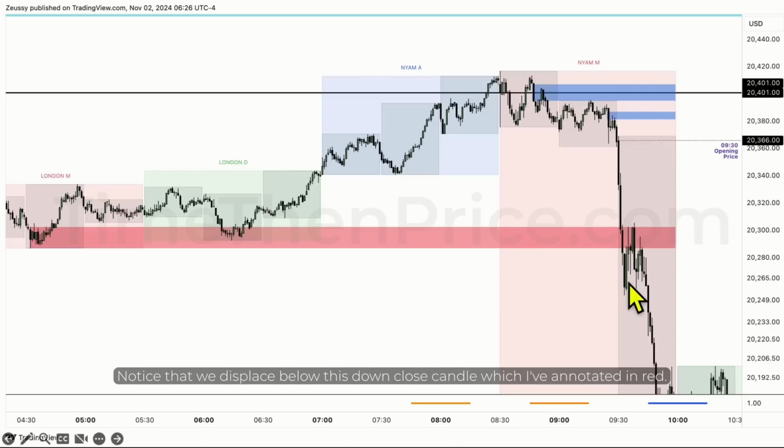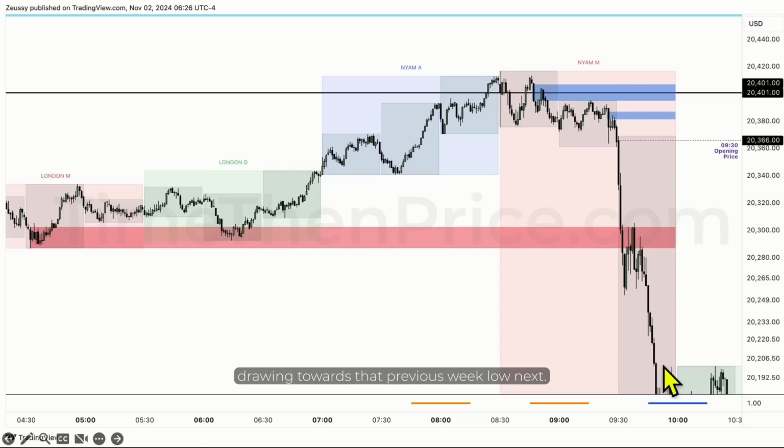Notice that we displace below this down close candle, which I've annotated in red. We retrace into that down close candle, the London low, and we never see the market displace above it again. Instead, it functions beautifully as resistance on price. Surely, you see this wick go above the range, but notice how the bodies keep on closing inside of it. That right there is an algorithmic signature which signals to you that the continuation towards the downside is likely going to come soon. The market begins to roll over and we see it run towards the downside,